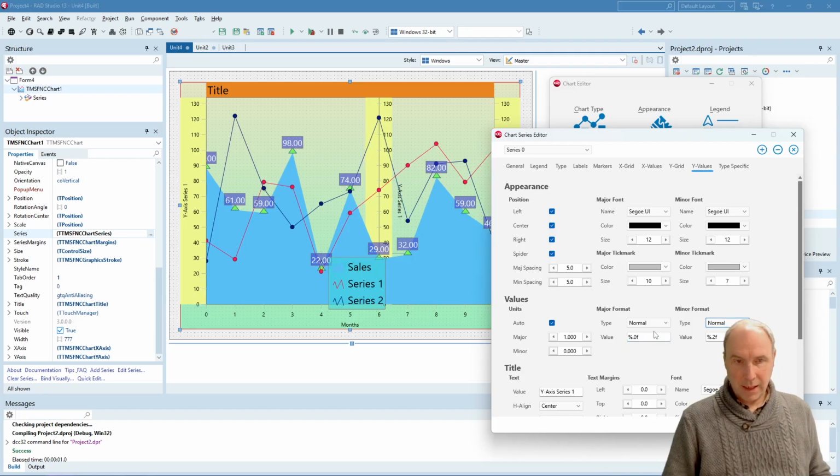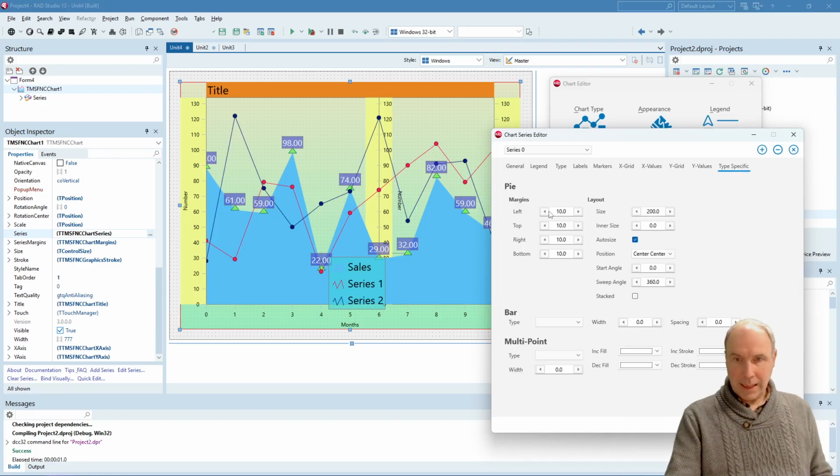For example, if we would change it to this format, you can see that the decimals are removed. And we can also change the text value for this Y-axis via this title property. And then there are some type specific visual properties, settings that are specific to some chart types like pie, bar, and multi-point. And here, for example, for a bar chart is a common